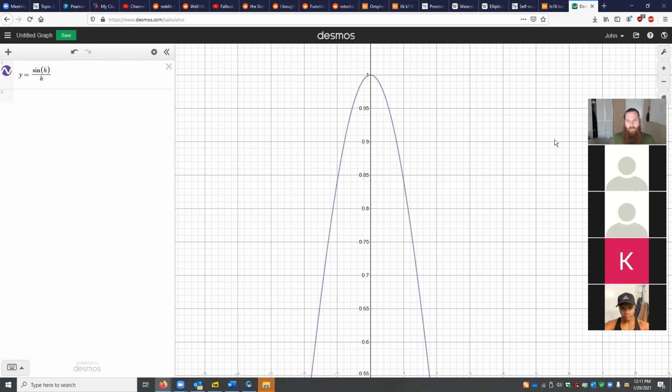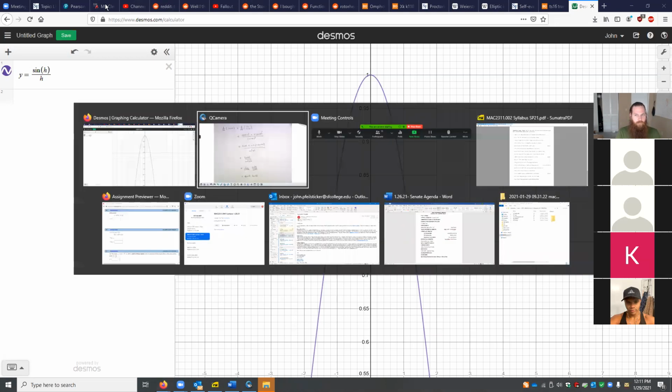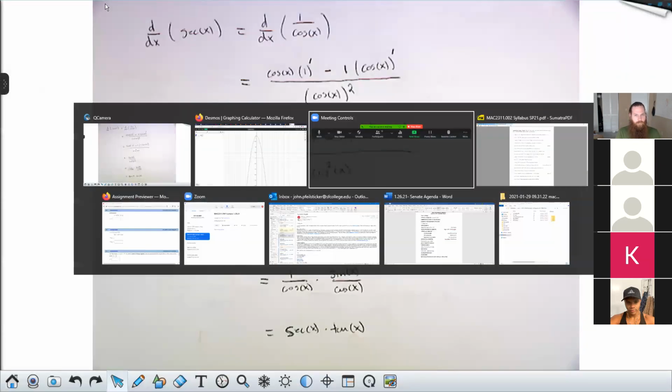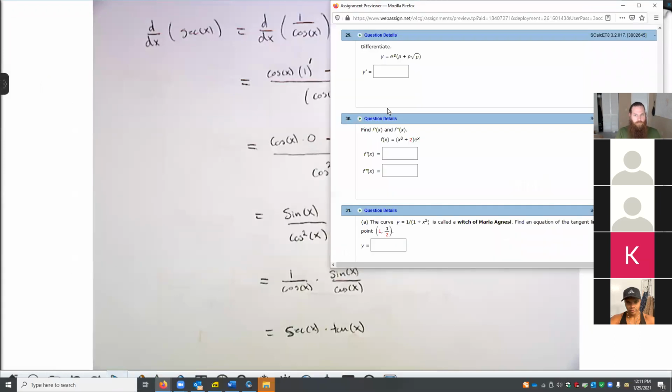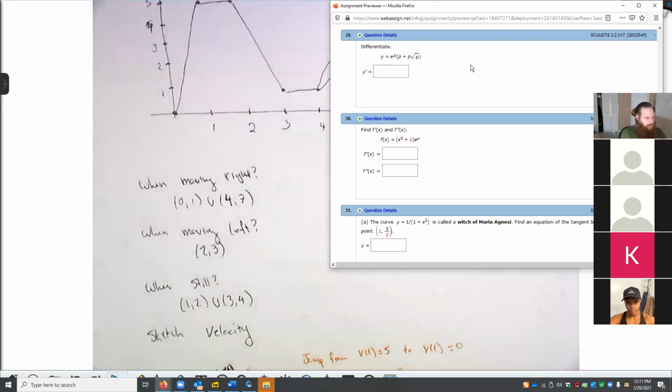So when we did number 29, I was doing it with you and then I plugged it into the website and it said it was incorrect. Let's see. So that was this one, right? e to the p times p plus root p, p root p? Yes. Let's see. Here, right?